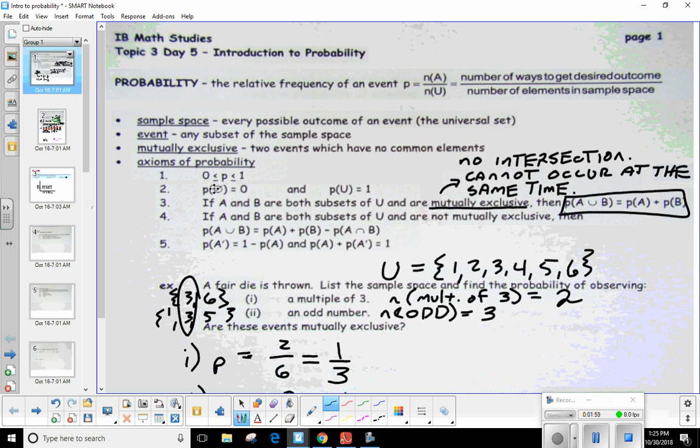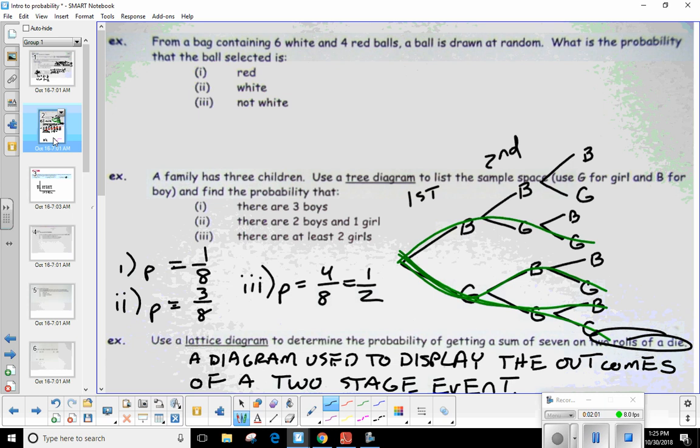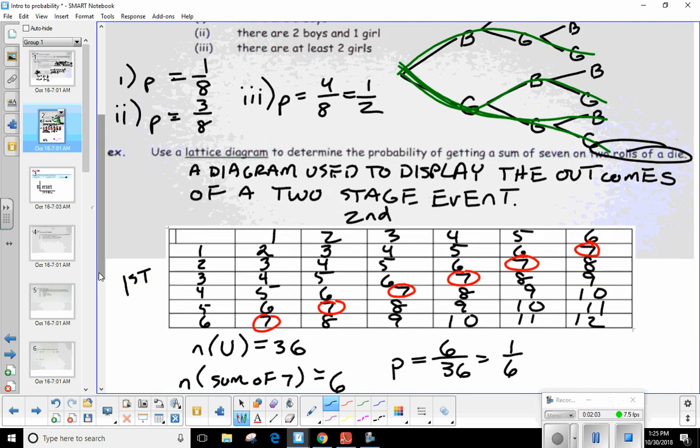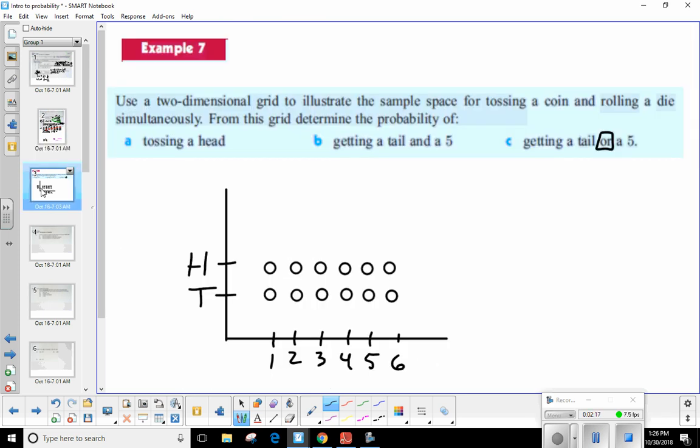And I think we talked about a tree diagram. And then we also created a lattice diagram. All right, so let us see what problem we are on now. I think we made it to this one, right? Now, this one is not in your notes, but